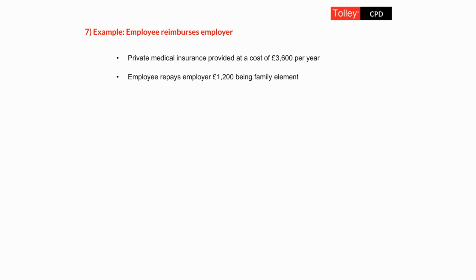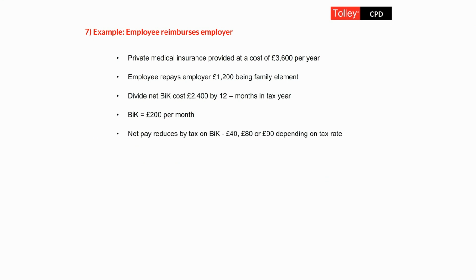And let's say the employee agrees to reimburse £1,200 of that being the family element. On that basis, when you're payrolling the benefit in kind, you can deduct the £1,200 from the £3,600. So we have £2,400 to be put through the payroll, on a monthly basis being £200. Working on the same basis as in our previous examples, the net pay will just reduce by the tax on that £200. Don't forget to include the deduction from net pay to ensure the employee's net pay doesn't go up